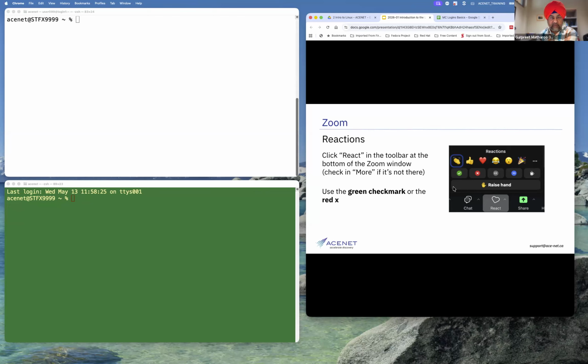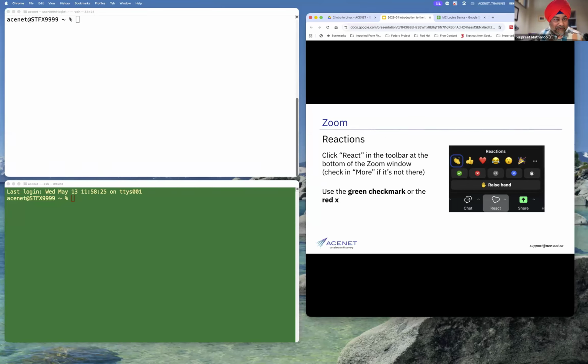That way one of us can help you out. Actually, my own Zoom updated itself, and I am searching for those tools myself.